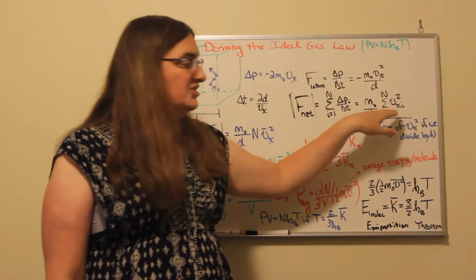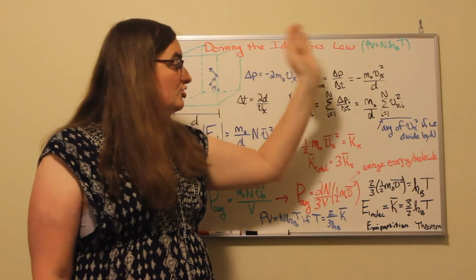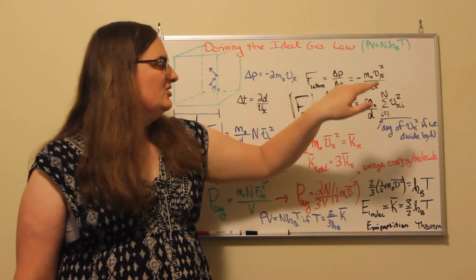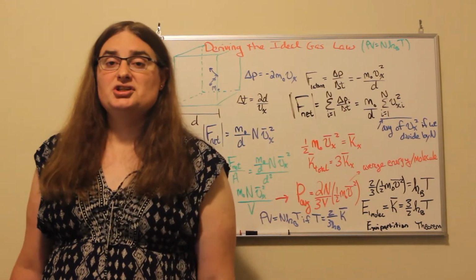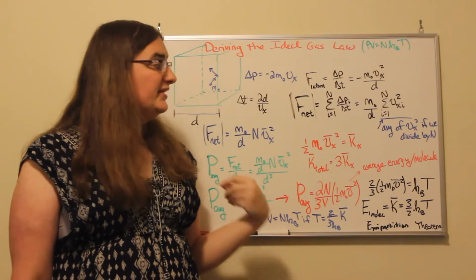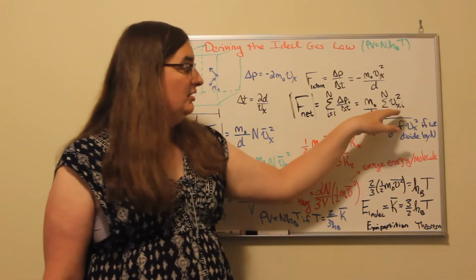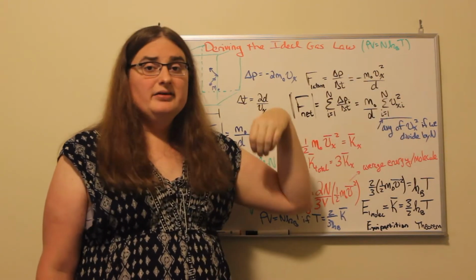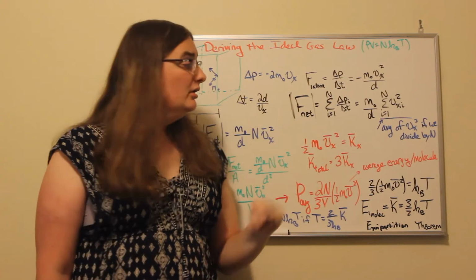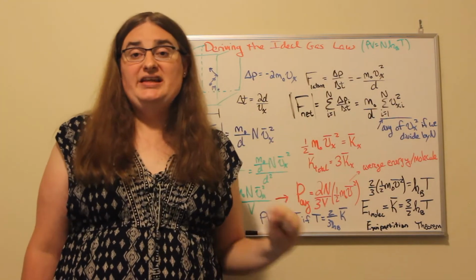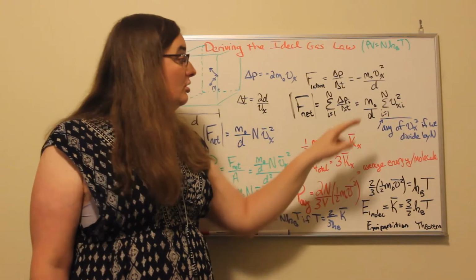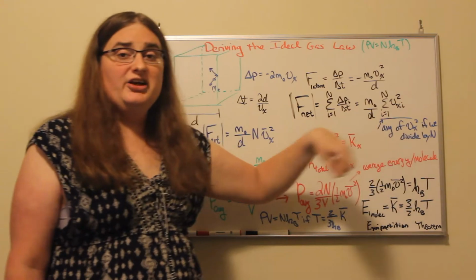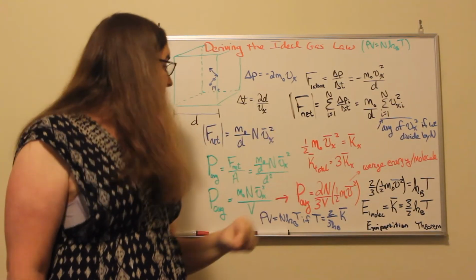So what we would do is take the speed in the x direction of each molecule, square it, and sum up that value. Well, this is almost the definition of the simple mean of the speed squared. If I were to take the sum of the speed squareds for each molecule from i equals 1 to n and divide by the total number, that would be the average of the speed in the x direction squared. So this quantity is the number of molecules times my average speed in the x direction